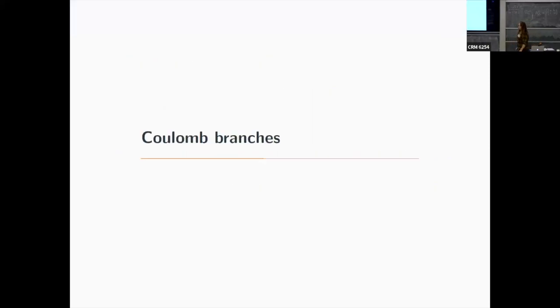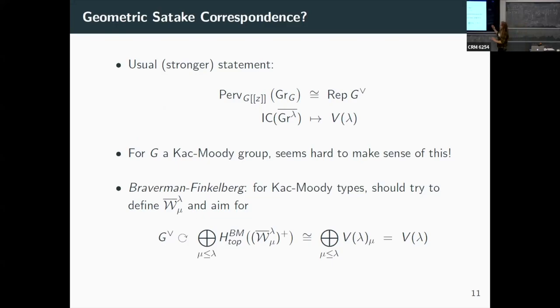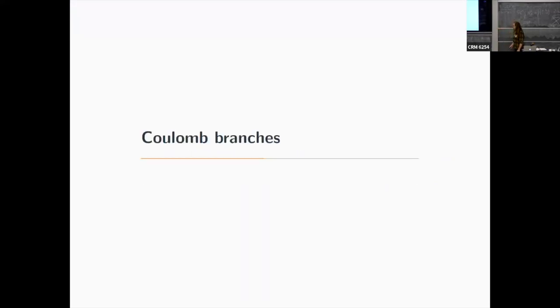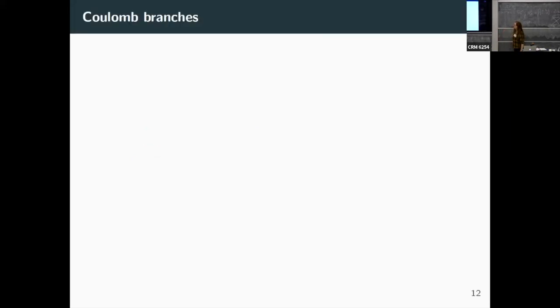Okay, so right. The proposal was that you should try to define W lambda mu. And for affine Kac-Moody groups, Braverman and Finkelberg did have a proposal, something called Uhlenbeck spaces, but in general, it's sort of just open. Can you do this is the question. And this is where these, whatever Coulomb branches are, enter. So, and here's a brief overview. This is not doing the topic justice, but